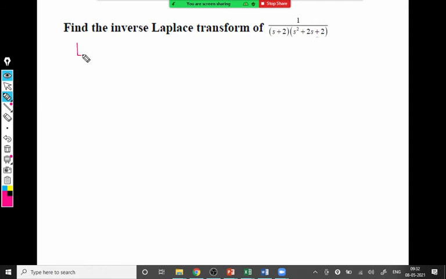So, we have to calculate L inverse actually. But the quadratic factor is not in proper form. The quadratic factor should be in the form of s square plus a square or s square plus a only. So, this linear term we don't want there. So, what should be done to get rid of this linear term? Yes, anyone? No answer from anyone.